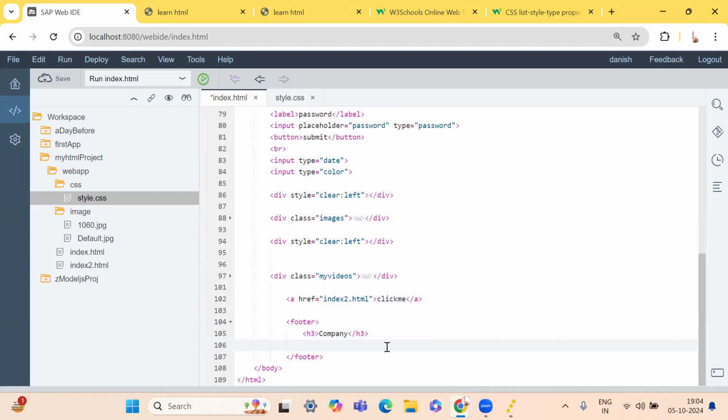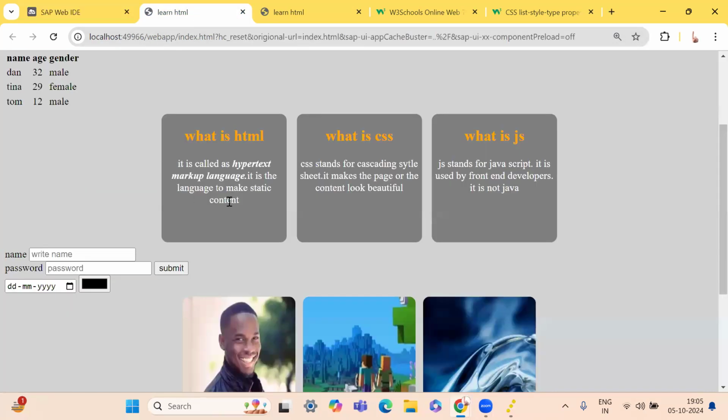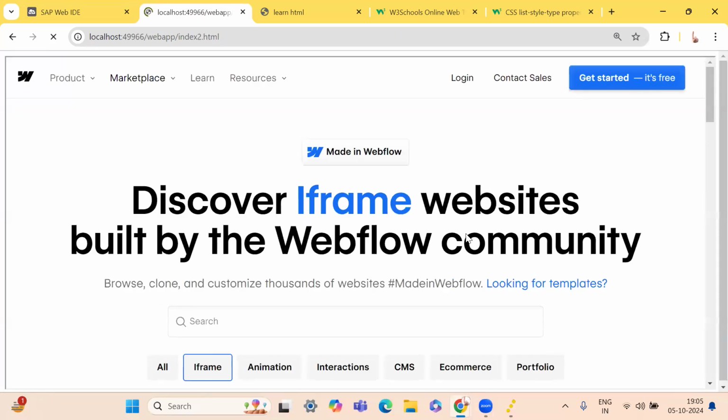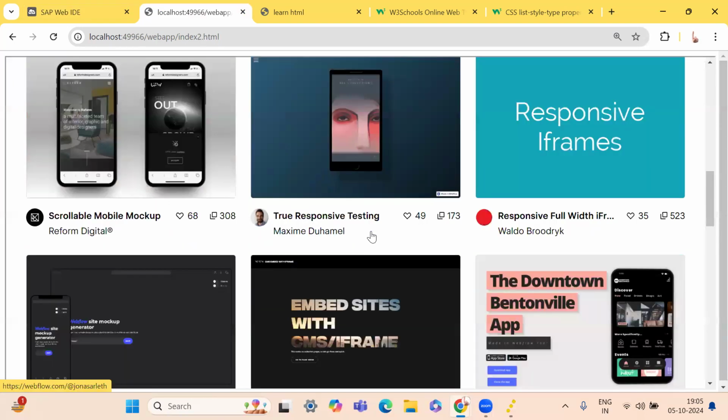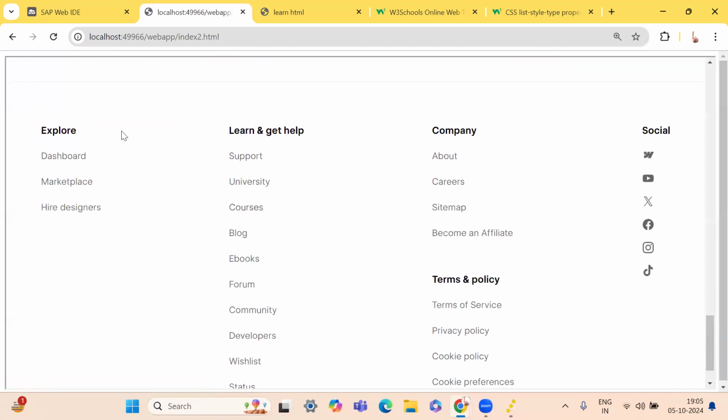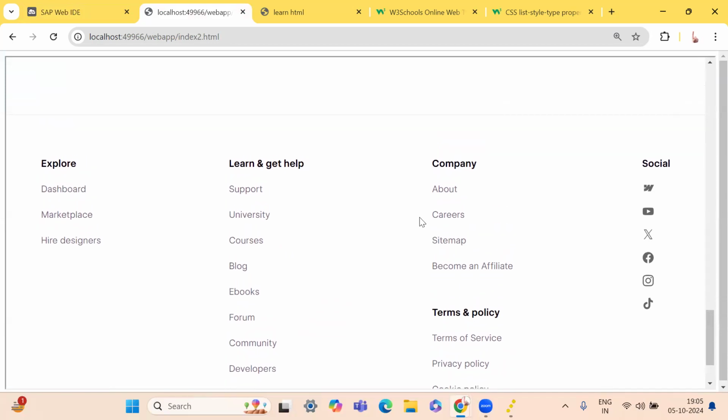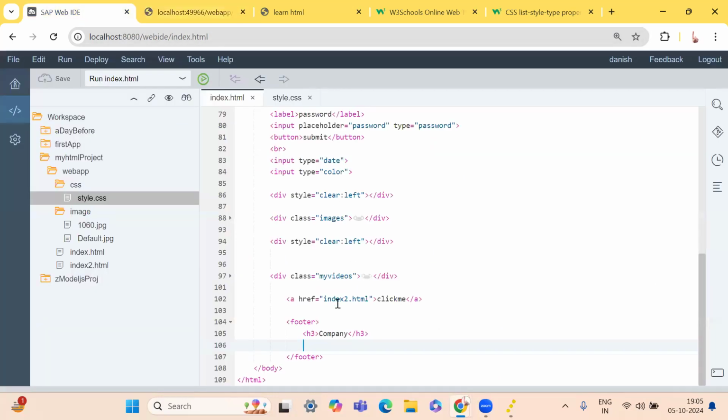Just to let you know what I'm trying to do: you can come over here, and when you click a link, you are brought to a particular website that is not ours. If you come down over here, you can see this is the footer part of the website where you have clickable links. This is our heading, and then you have the clickable links and headings. All of the things can be clicked. In the same way, we can make our h3 tag as company,